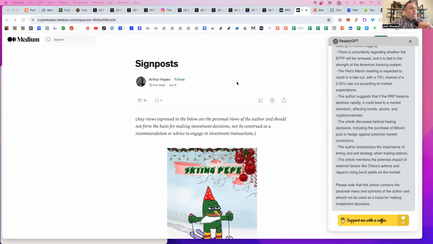And so TLDR, Arthur thinks that we're going to see a dip between now and the halving. And so this will be a great buying opportunity for a lot of you who missed the 2023, 2022 lows, but it won't be generational buying. It's just going to be a 20 to 30% dip probably. And then we're off to the races to some parabolic euphoric stuff. So that's the thesis here. Moving forward,